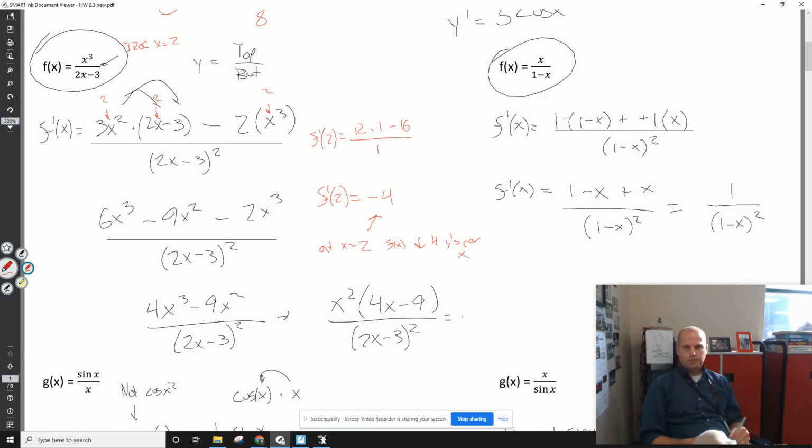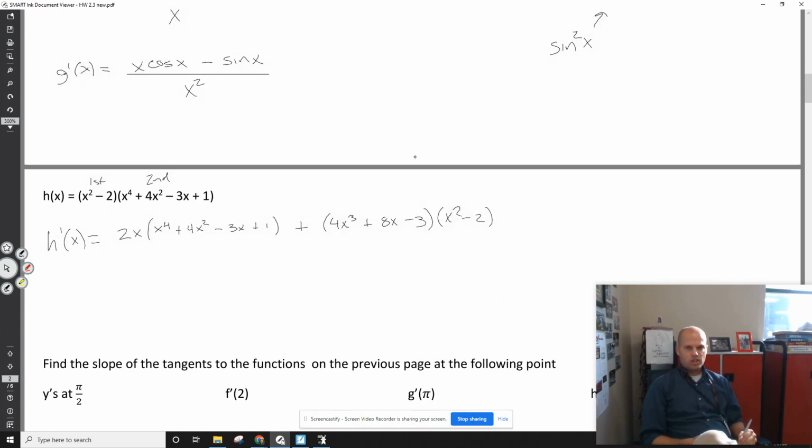So this f at 2, maybe the simplified version is easy to find. Maybe we could easily plug in to the original or to the simplified. If I had it here, I'd have 1 times negative 1 plus 2. So negative 1 plus 2 is 1. And on the bottom, I'd have 1. So I'd have 1 over 1, which is 1. Or over here, if I do the simplified version, I see that 1 over 1 again. So I see that the instantaneous rate of change is 1. This function is increasing 1 y per x at x equals 2. I'm going to do the g's at